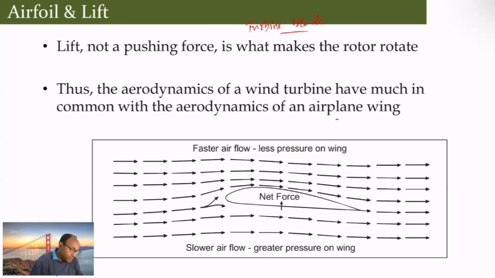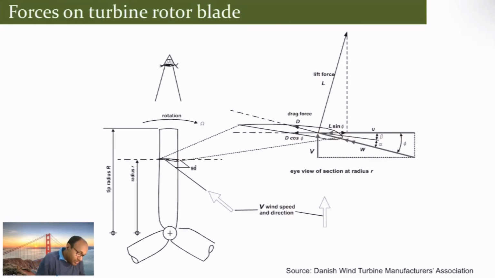If you try to make a connectivity of this blade, this is your center point and this is how the blade goes. This is your tip, and this is at the root close to the hub. This is how the radius varies and this is where the rotation is. Now this particular segment has an airfoil section and this is the wind speed. If we take that airfoil separately, it is a zoomed in view, and this is the wind speed coming to the airfoil. The airfoil has an angle of attack of alpha, there is a twist of beta, and this is the flow angle.